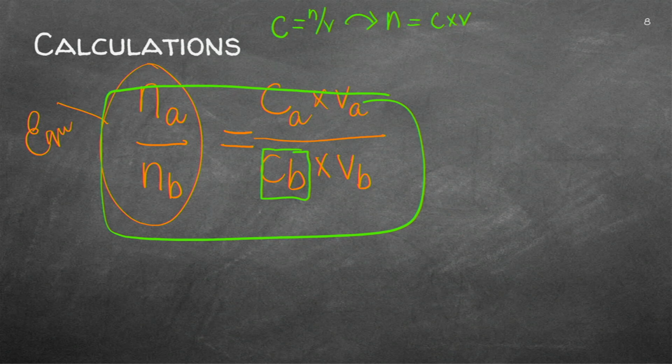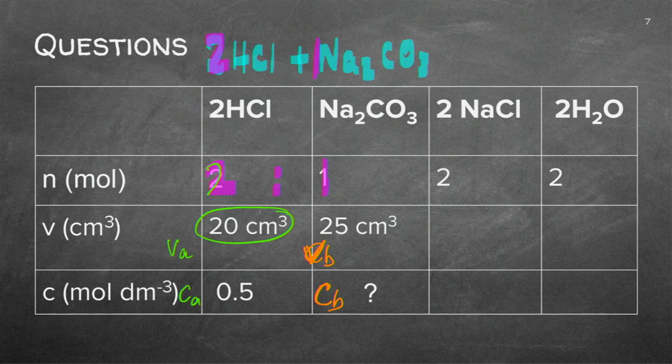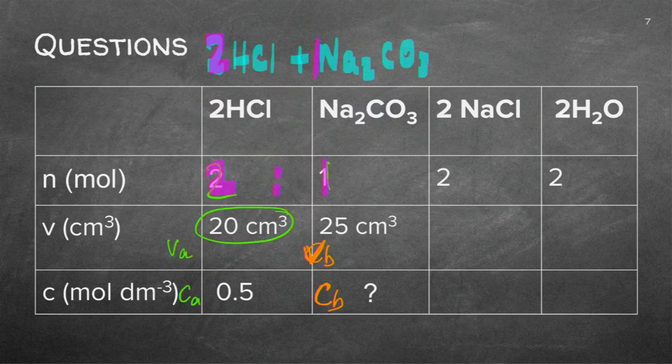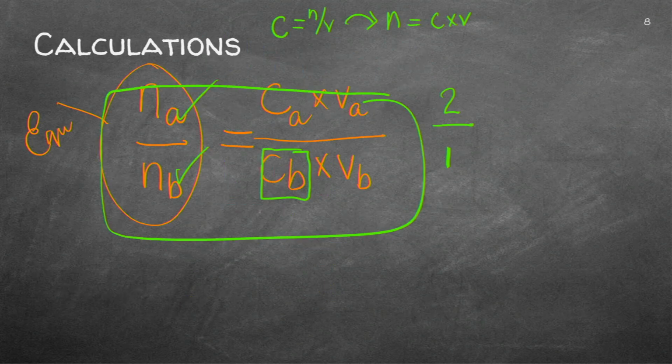Right, what do I have? Let's go back to our table: a 2-to-1 ratio. I've got 2 acids to 1 base. Is that completely right? I did that. What do I have more than that? I've got the volumes. The volume of the acid is 20, and the volume of the base is 25. Let me just draw a line here so that we can actually see what we're doing. Let me take that away so that you can see it's an equal sign.